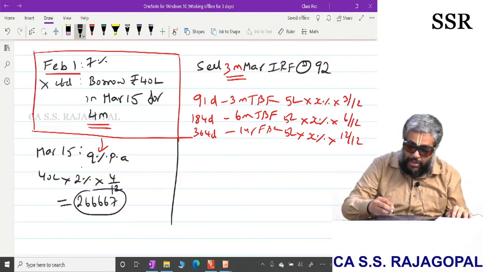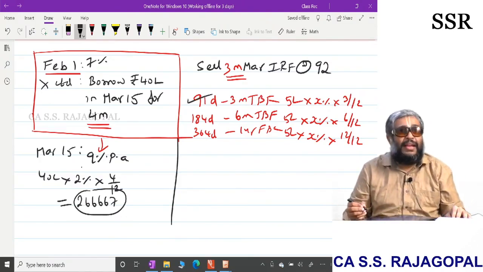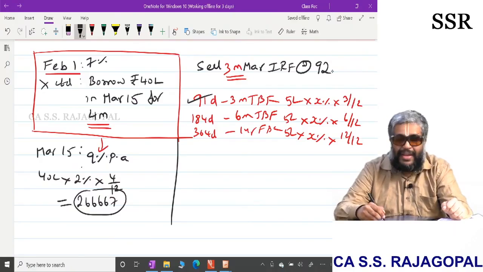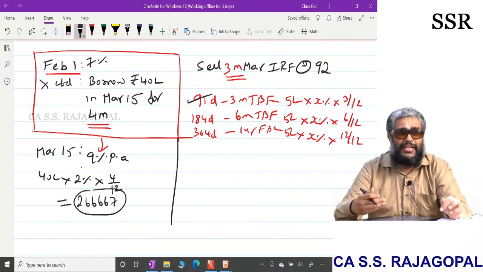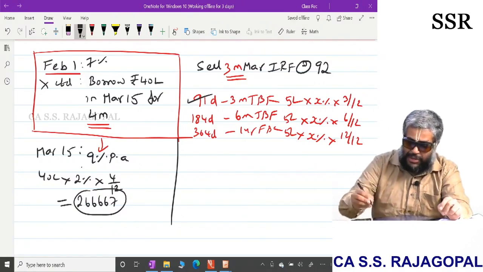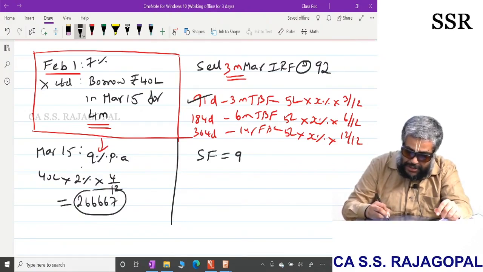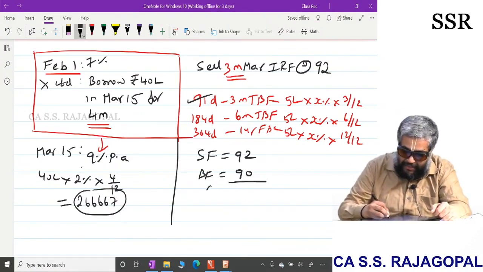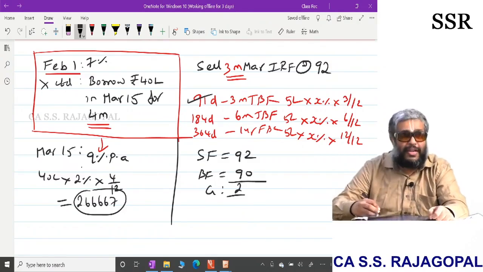Now, come to the futures market. I selected 3 months futures, now trading at 92. Suppose the interest rate increased there also, to 10%, and the futures closed at 90. I sold futures at 92 and give a counter buy futures at 90. I have a gain of 2%. Now, you want to know the number of contracts?